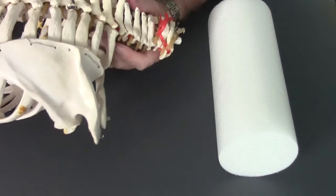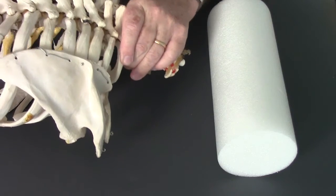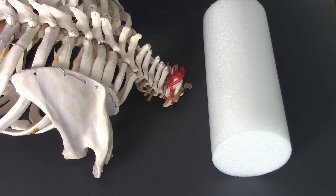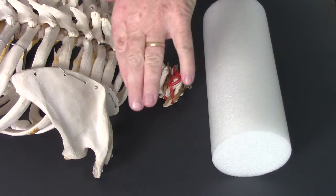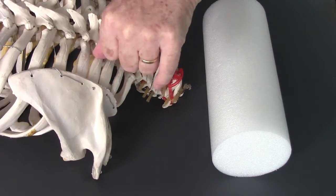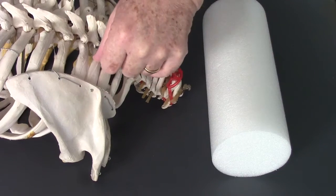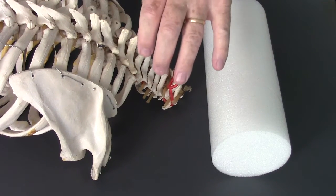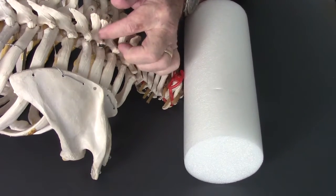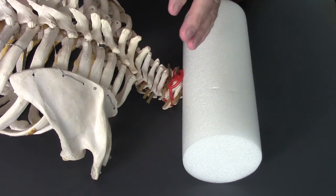Now we could have the client lay on their stomach. So this is their neck. This is the thoracic spine. We know that because it has ribs attaching to it. And we could come onto the ribs and do a very gentle forward gapping, an anterior pressure, and even a little bit outward pressure, forward and outward pressure, to gap the rib off the vertebral body, slightly gap it off of the transverse process of the vertebrae, and allow that rib to self-adjust,